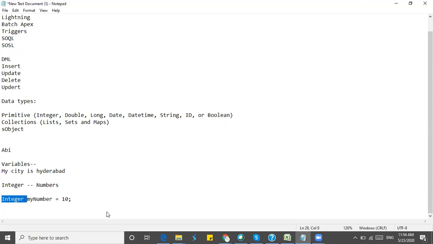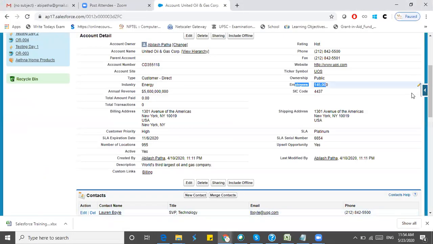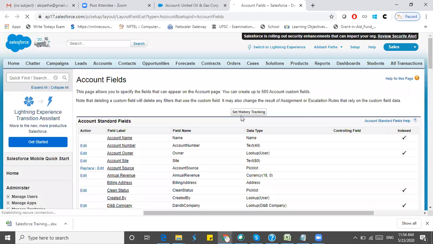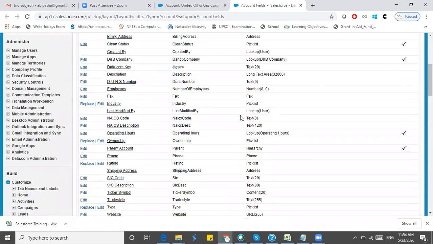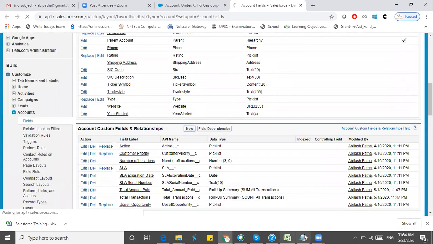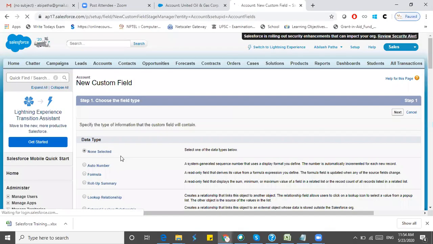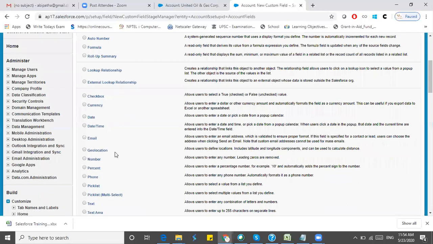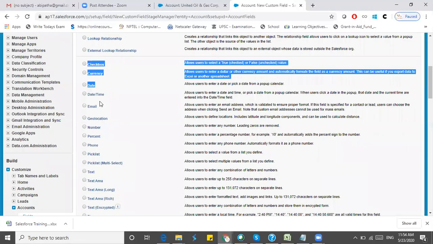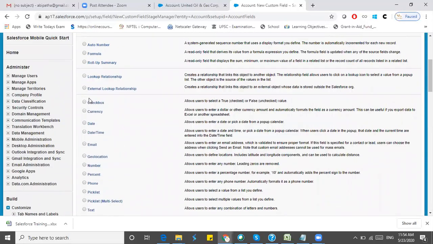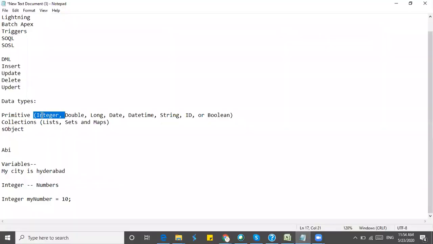I'll be comparing which field type will be applicable for which data type. So if there is a checkbox field, in which data type will we save that data?